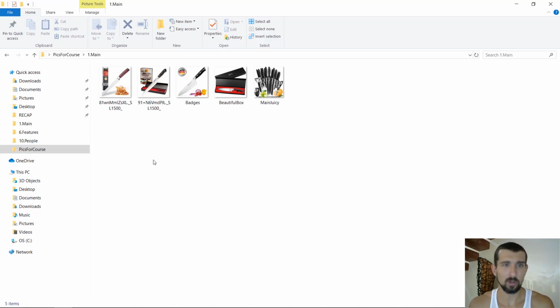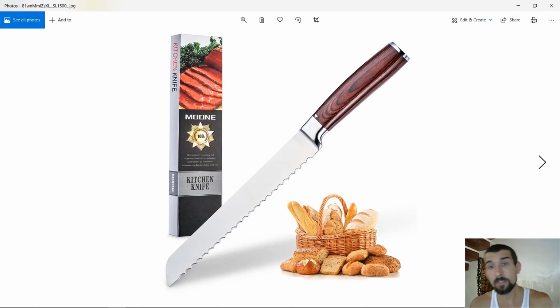Next thing, we're going to go and check out the images and see what can be done in order to get even more clicks. So we have the first product here by Moon, right? We have a bread cutting knife, it seems. It's not exactly the knife that we were using for our Cerebro, but let's just take the reference. Now, what's really interesting about this picture is he features what is going to be cut by this knife. So I think it's a bread knife because that's usually how bread knives are built. And he shows what's going to be cut. Here's the bread, here's the knife. This gives more perceived value to the customer.